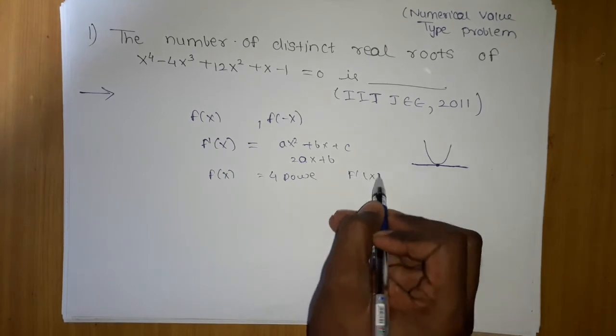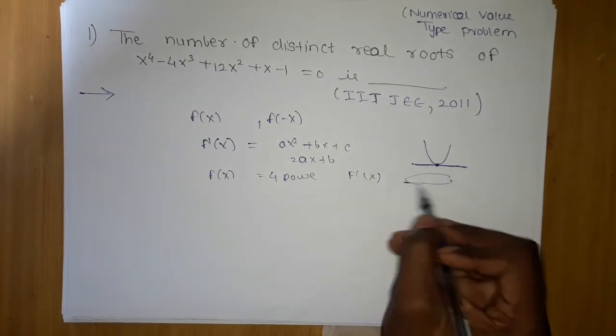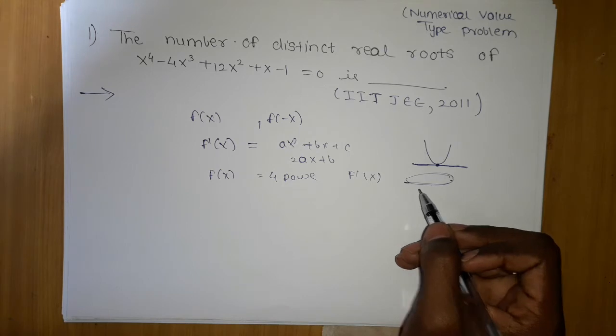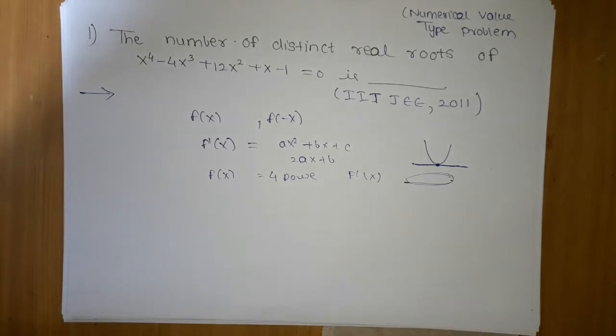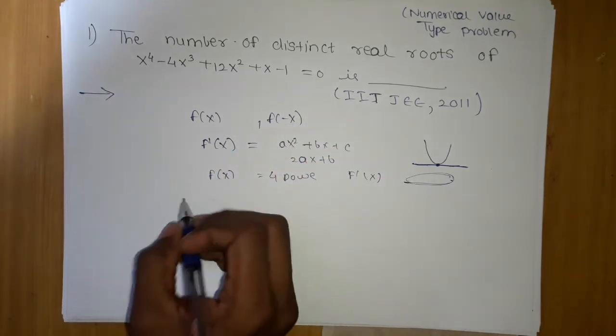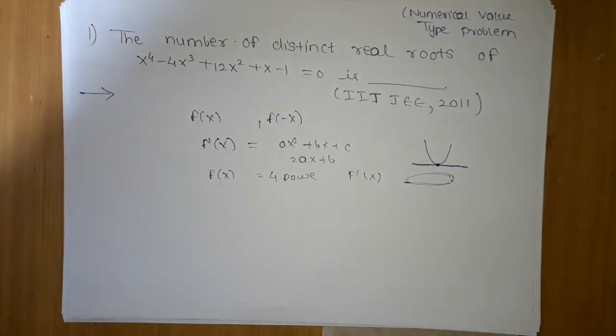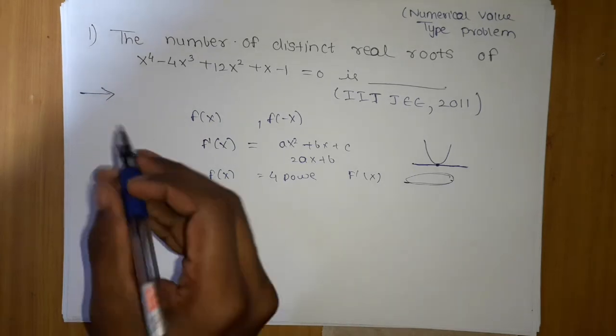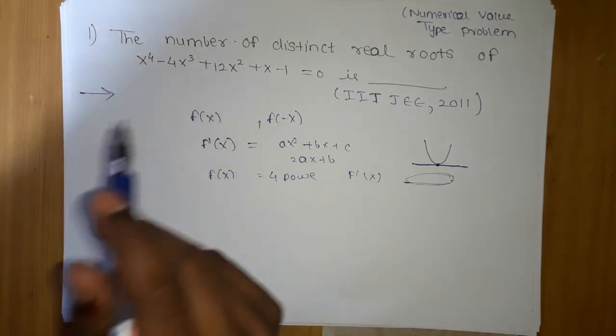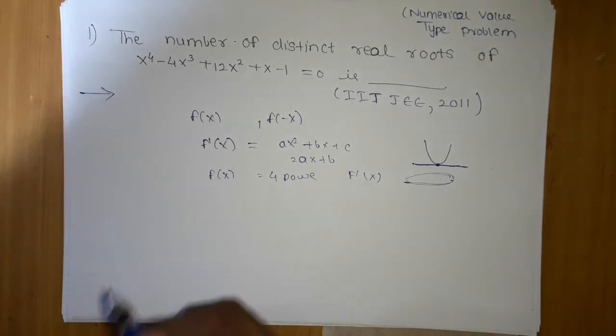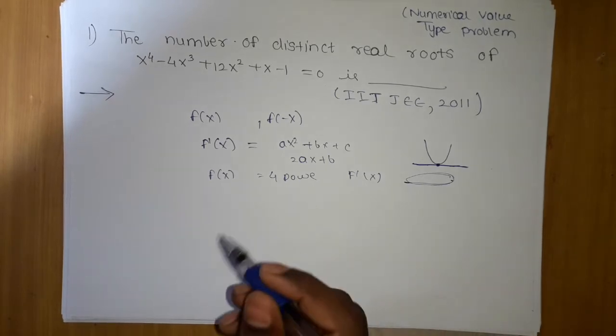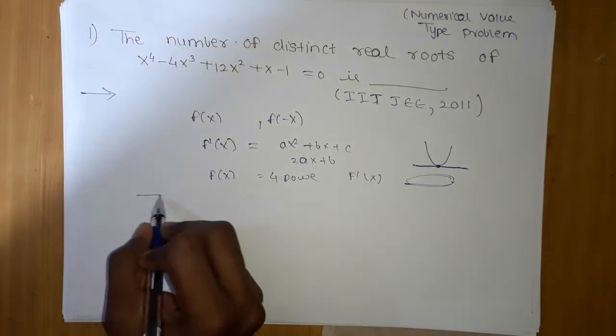And if I have a 4 power equation, if I take its f dash x, we get a cubic equation, and we have to do hit and trial. If one root is real, then the other two roots can be complex, but if two roots are real, then the third root cannot be complex. It should be real. In that funda we can check whether the roots are real or not. Here it is a 4 power, so we have to differentiate twice. If I get a cubic equation and am able to predict a root by hit and trial, then I will tell yes, it is real and distinct roots. Let me show you how I am doing.